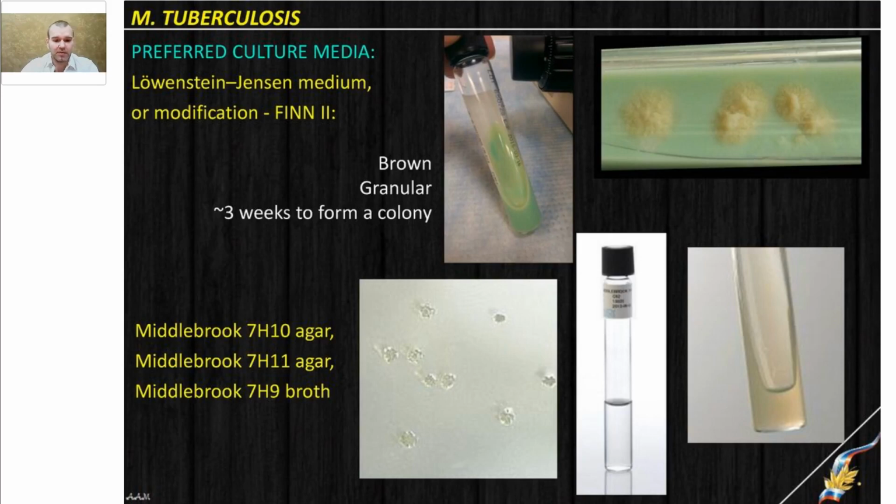And we have a set of culture media named Middlebrook. We have Middlebrook agar, we have Middlebrook broth. It can be slant, tube, or plate. And as you can see, colonies growing in that agar are transparent, small, granular in texture, but